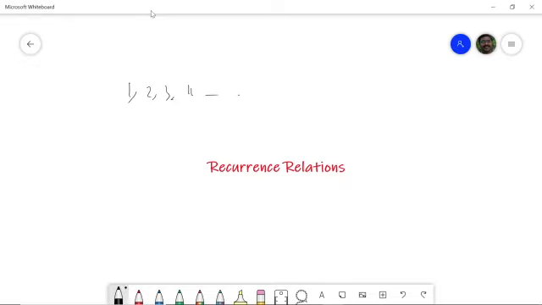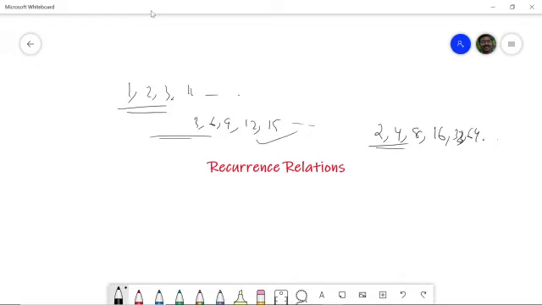is a sequence. Similarly, 3, 6, 9, 12, 15, etc. is a sequence. Again, 2, 4, 8, 16, 32, 64, etc. is a sequence. So this is a normal sequence. This is our arithmetic sequence, and also this is a geometric progression. So we have seen these geometric series and everything like this before.